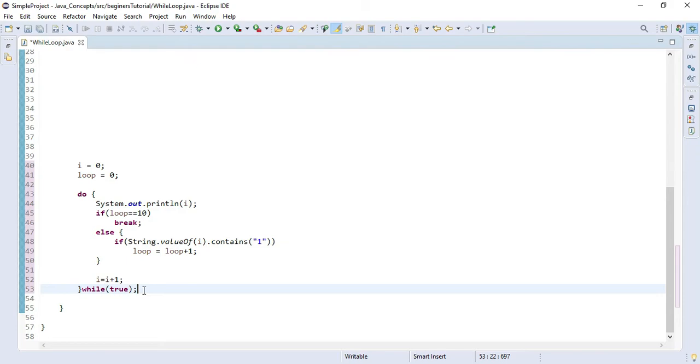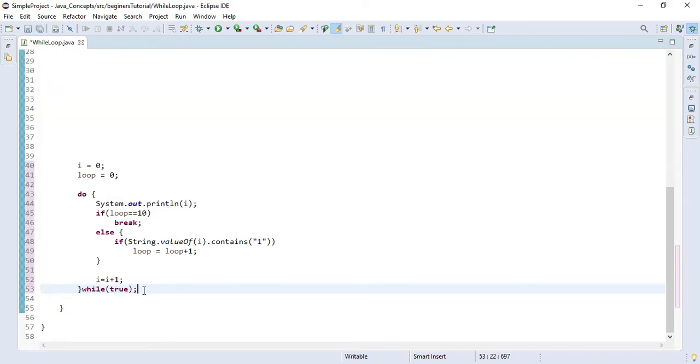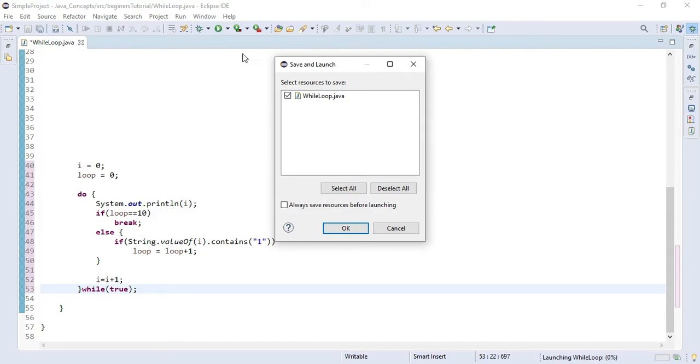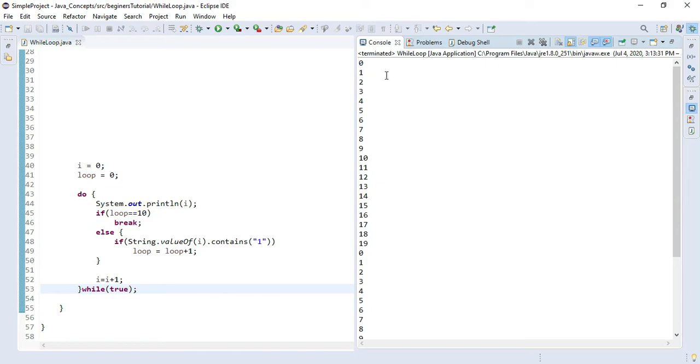So this was all about the first point, how to use while loop. Let's talk about the other point, where to use while loop. But before going forward, let's execute this so that you will get to know that both are performing the same operation. There is no difference. As you can see, while loop got executed from 0 to 19, which means the body got executed 20 times and the condition stayed true, and then it got break.